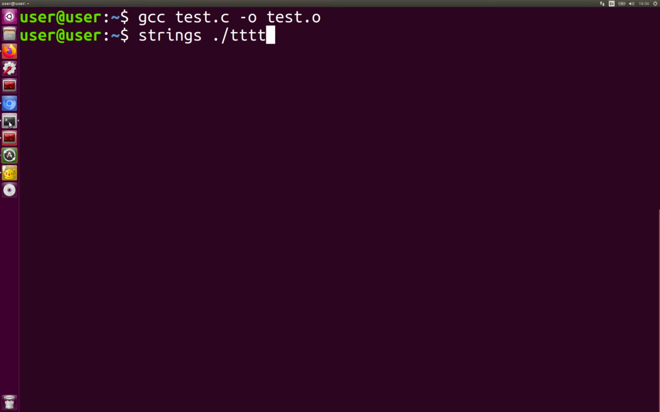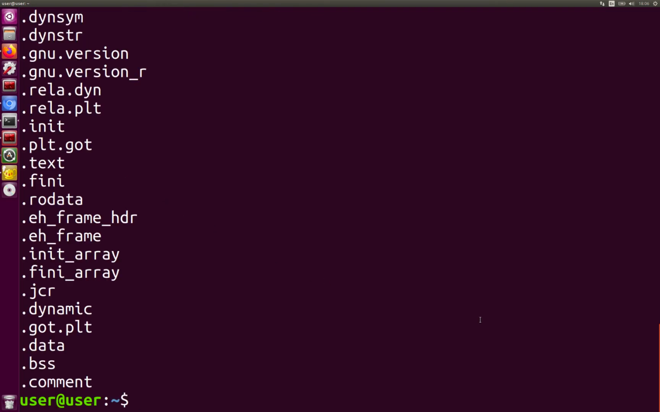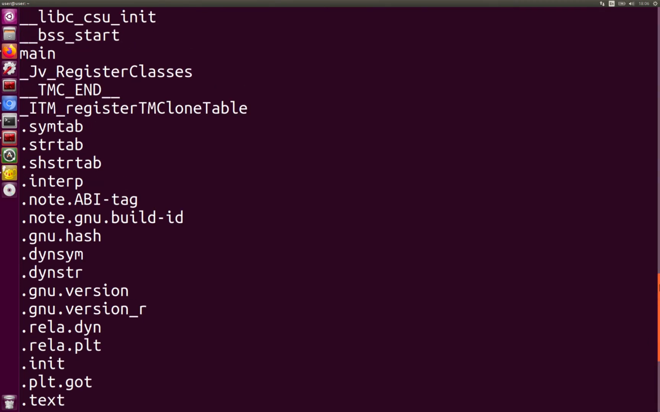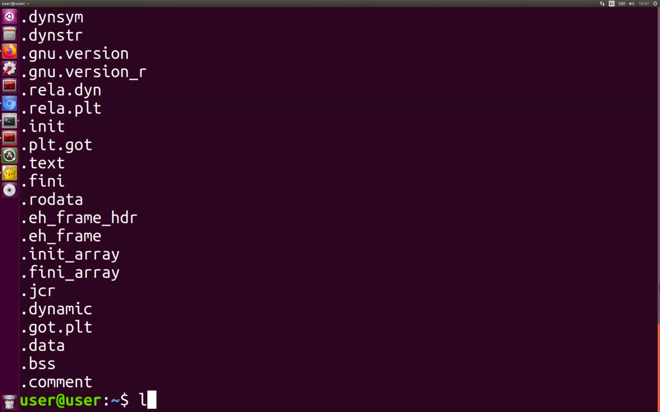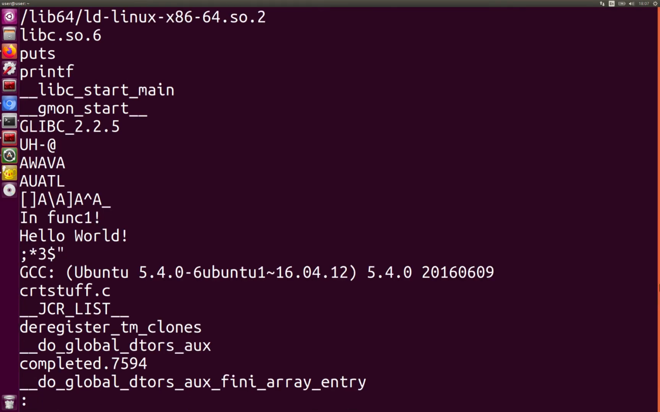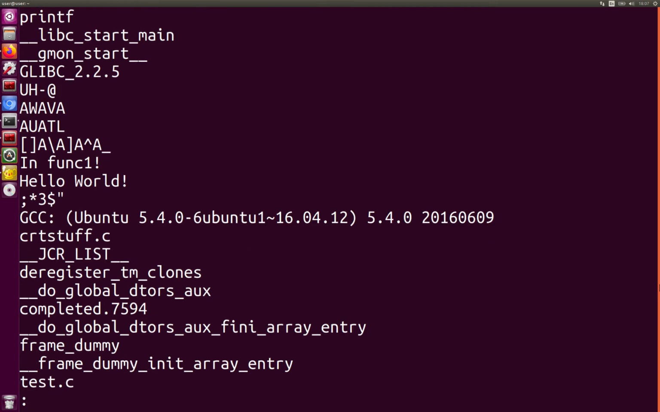so these virtual machines can be tricky when it comes to input. Test.o, you'll see all the strings listed in your binary file. So actually, if you pipe the output using this pipe command, and if you pipe it into something like less, you could actually navigate this more easily. So you can see some of the strings from our code. You can see in func1 and hello world here,